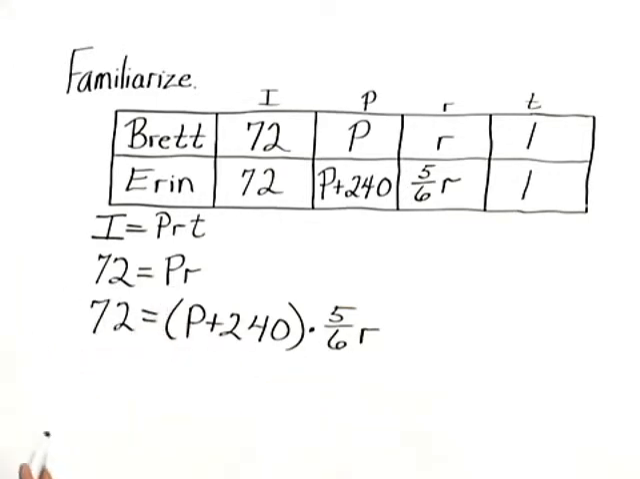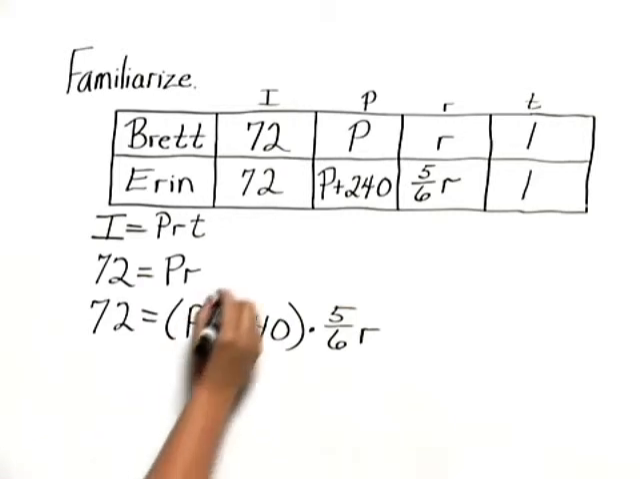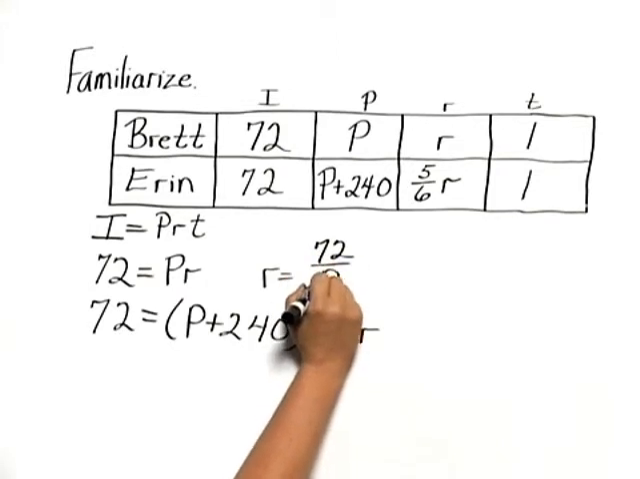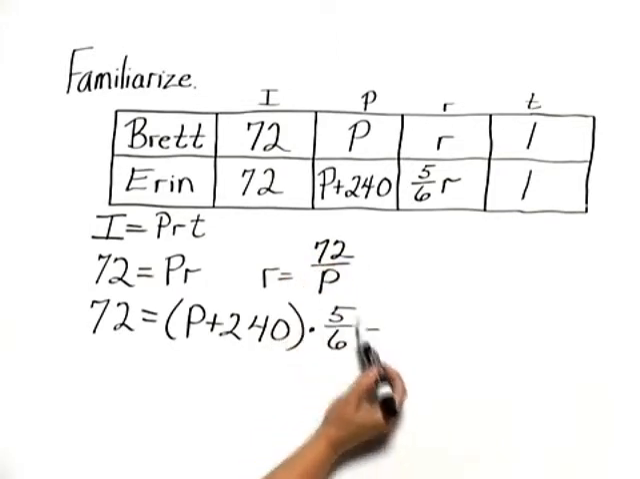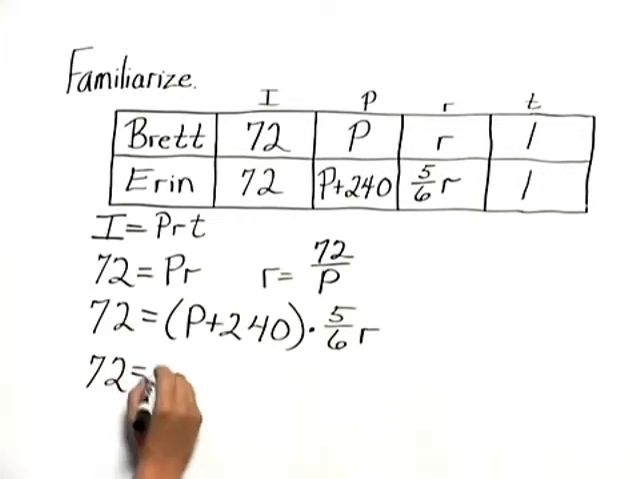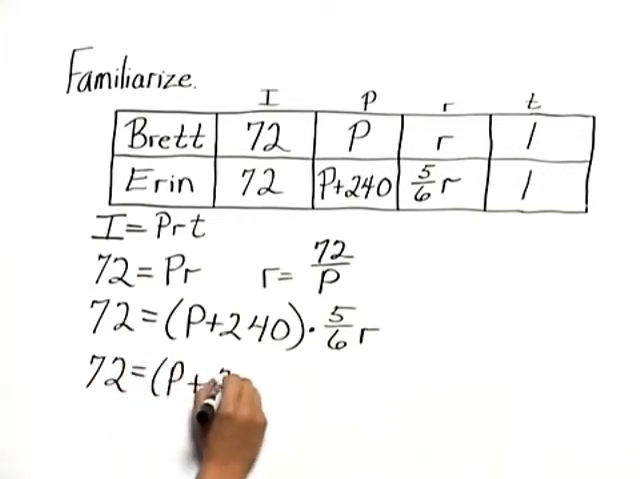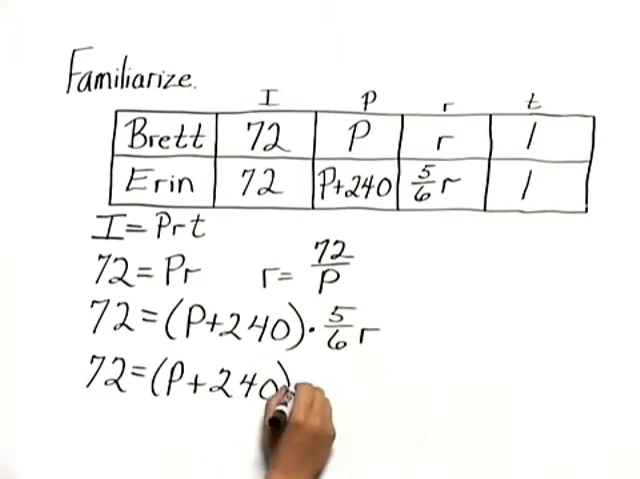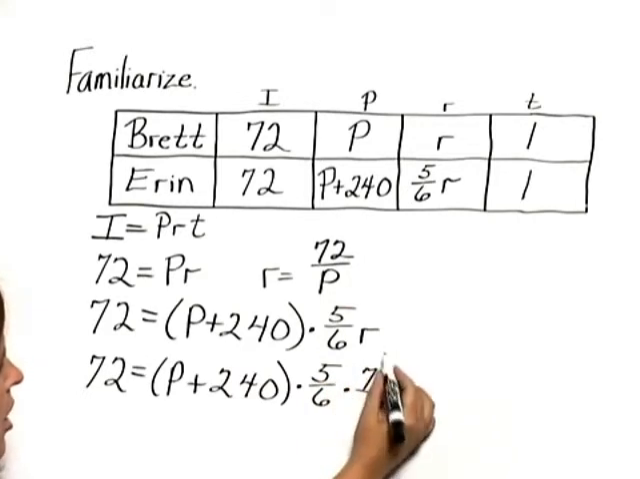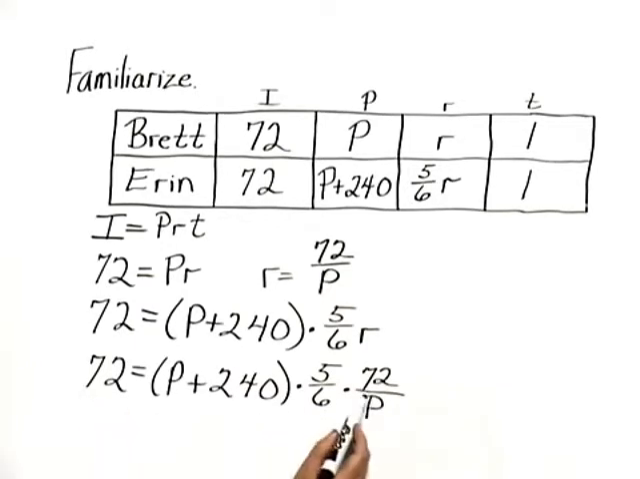Let's take our first equation and solve it for R. We have R equals 72 over P. And then we replace R in the second equation with 72 over P. It'll look a little complicated at the beginning, but it'll simplify out nicely. 72 equals P plus 240 times 5/6 times 72 over P, where I'm replacing R. Now notice that this equation just has one unknown, and that is P, which would be the principal that Brett